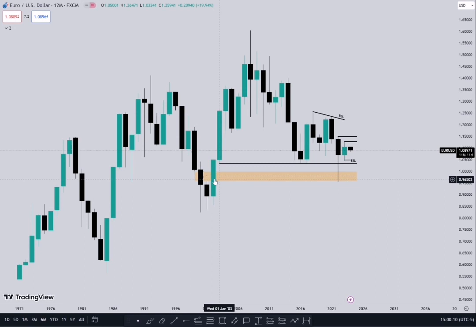In this level, we have this yearly balance price range, BPR, which can be an area of support according to the ICT concepts. And we have this yearly low and also this swing low, with liquidity resting below these two levels. So this was a level of liquidity, and this yearly candle went into this level, took liquidity from this level and tagged into this BPR, and then quickly and strongly closed inside this range above this